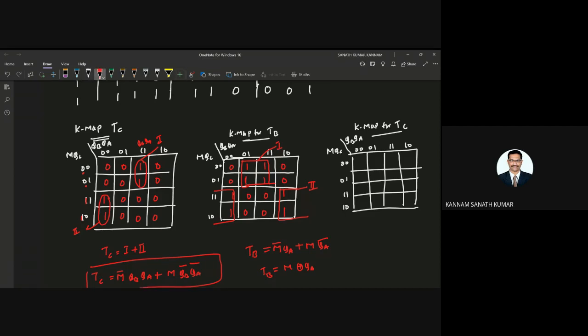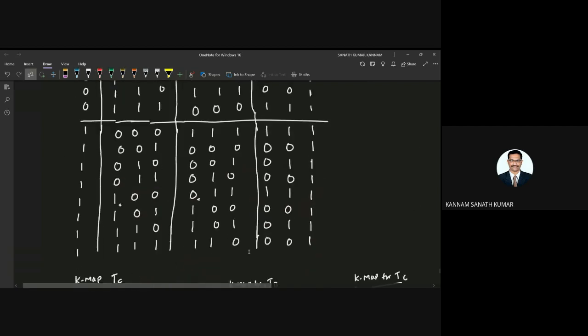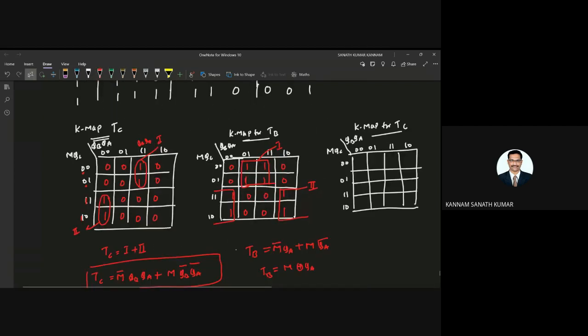See here, all ones are there. For TA, all ones are there. So that means you can write all ones, a combination of 16 ones. So TA equal to what? TA equal to 1. TB equal to this expression.